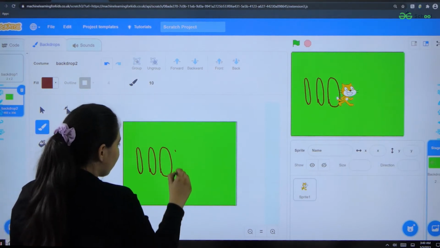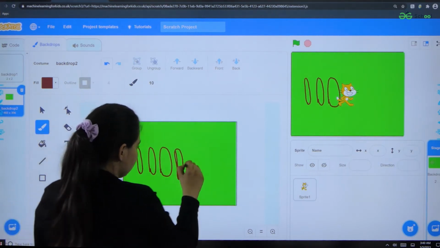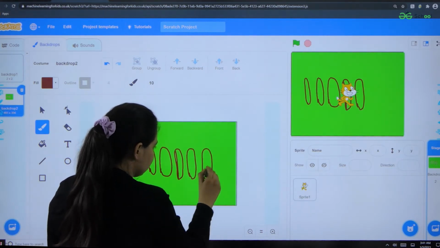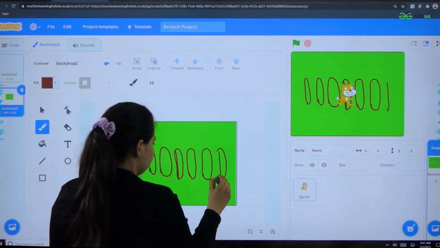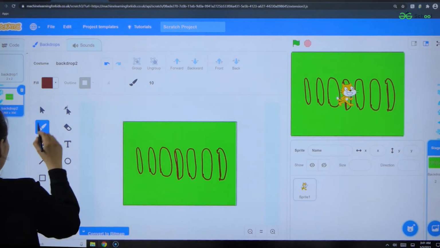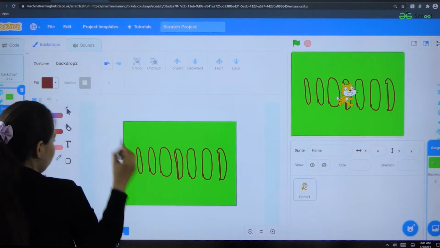I am trying to draw a fence in my farm. I'm filling that with the brown color.